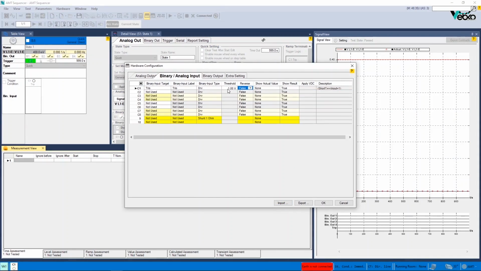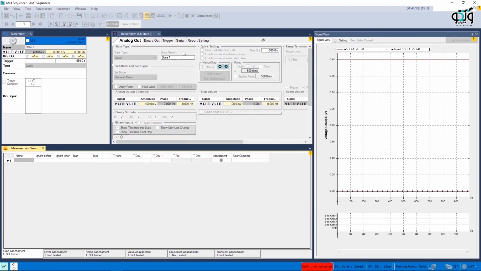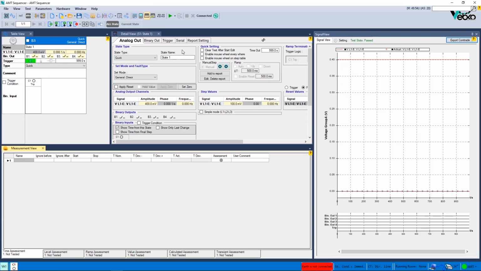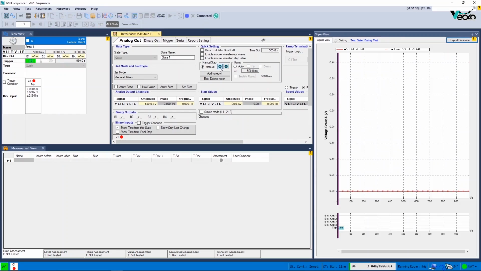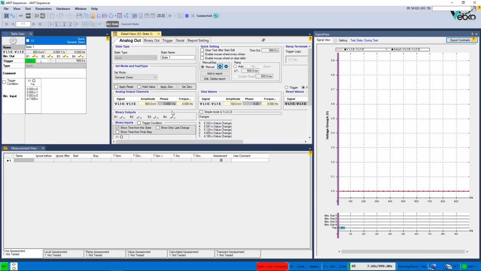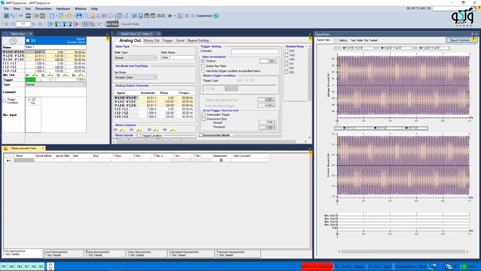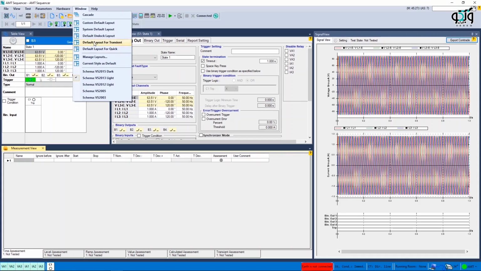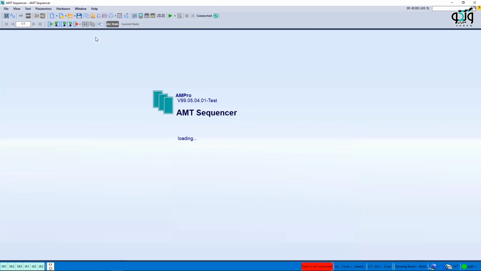By default, this number is set to 1, but the user can enter 0 to 1 of the DC volt in this field. For example, the binary threshold value 1 is set to 0.7. This means that if the binary 1 is applied at a voltage of less than 0.7, the binary contact is closed. In all modules, for example the AMT sequencer module,